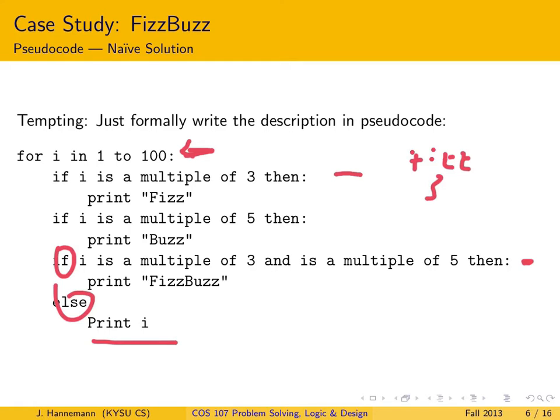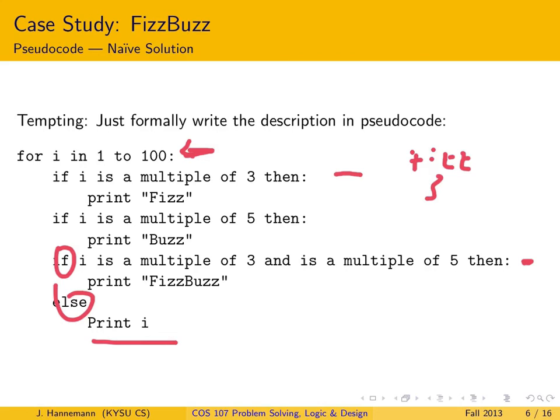So the first if doesn't have an else case, the second if doesn't have an else case, only the third if does have the else case. The if case doesn't hold, so it executes the else case, and therefore we get the print out of the 3. So the same problem, of course, holds for 5,